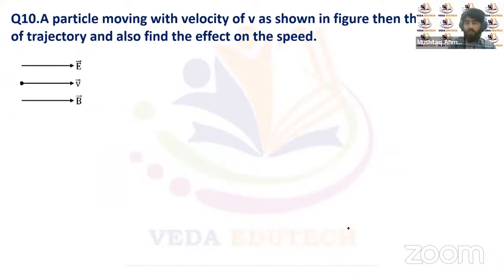Now let's discuss the question. Try to find the trajectory. You can see here the velocity vector is along the direction of the magnetic field. There is a magnetic field and an electric field as well. So let's see the magnetic force Fm will be equal to qv cross B. Since the velocity vector is parallel to the magnetic field vector, the angle between them will be